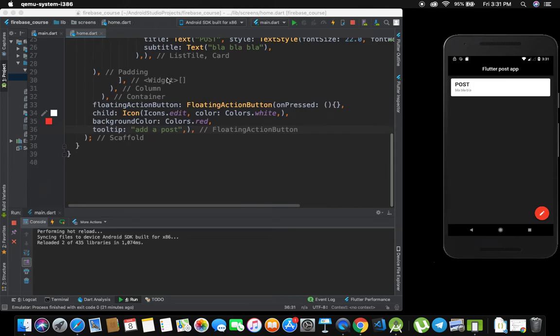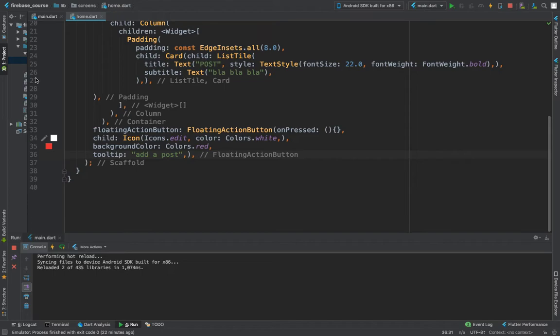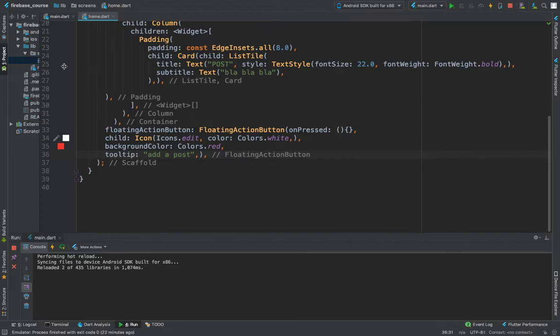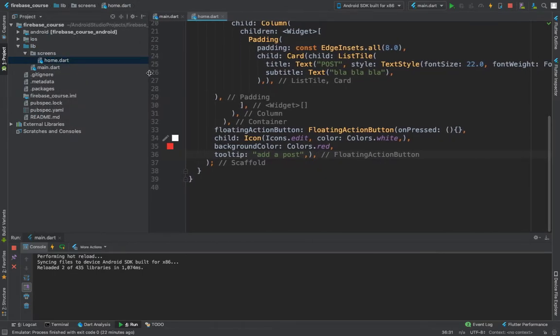Now, what we are going to do is when the user clicks on this, he has to be able to add the post finally. Let us do that on a different page. And again, if you don't want to watch me building the UI because you already have it or you already know this, you can just jump to where we start working with our real-time database. But anyhow,